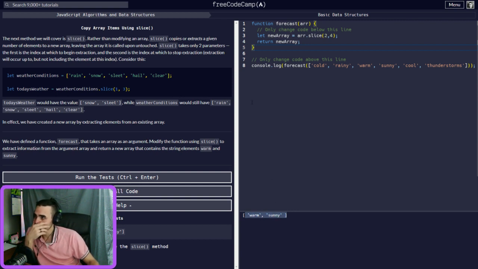So I forgot. In slice, remember this is the starting index, and then this is the ending index. As with splice, you just put the position, and then you get the index, and then you add how many positions from that position over. So make sure you're aware of that. But we have added warm and sunny into a new array, which is what we were wanting. So those are the differences between splice and